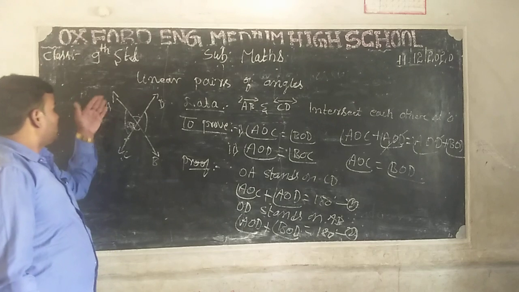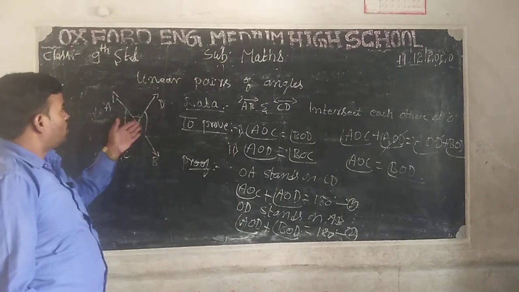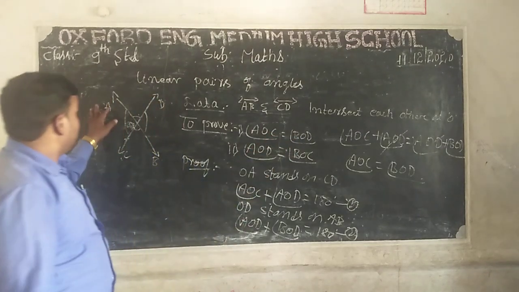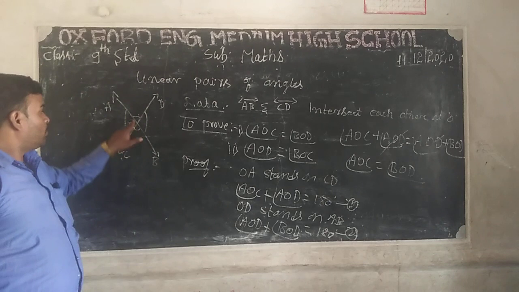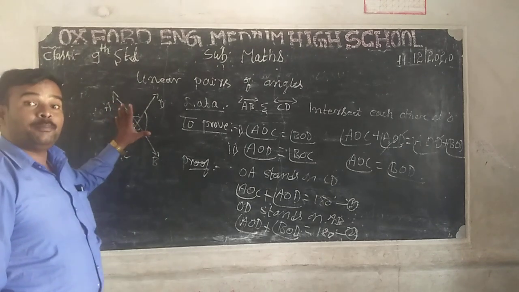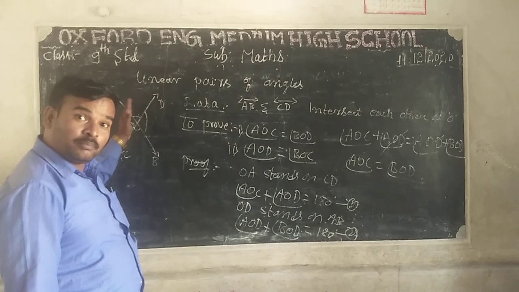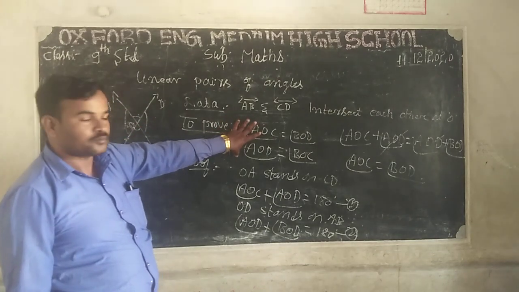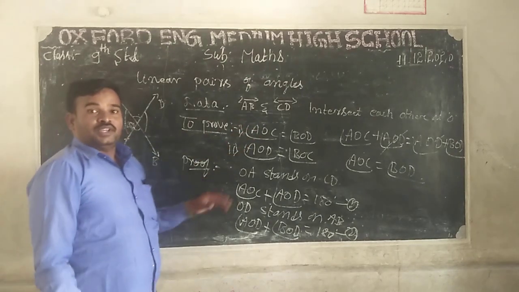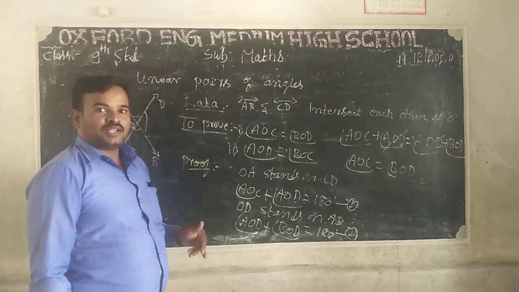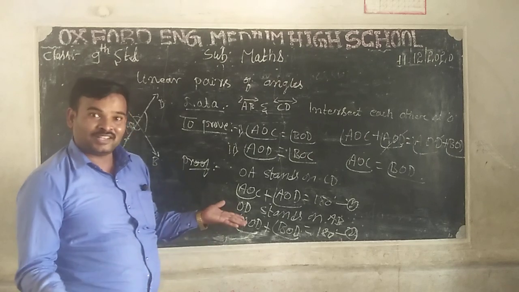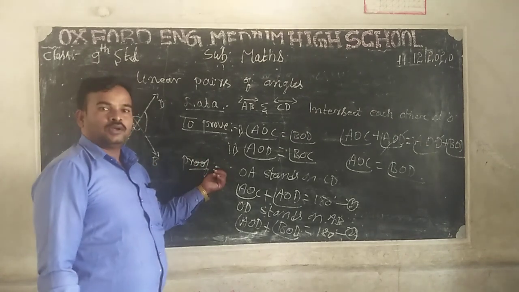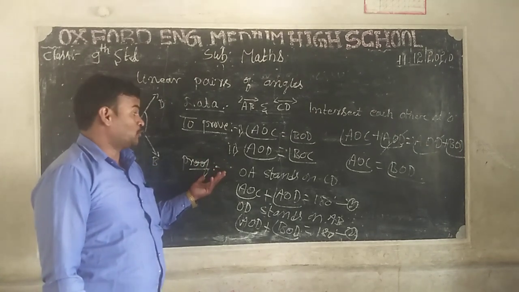Here we have to prove that the opposite angles are equal. Which are the opposite angles? AOC is equal to BOD. That's all. One pair. And the second pair, AOD and BOC. We have to prove the two pairs of angles. Clear? Here there is no construction, because there is no need to draw any construction. So that step is skipped and we go forward to the next step, that is proof.